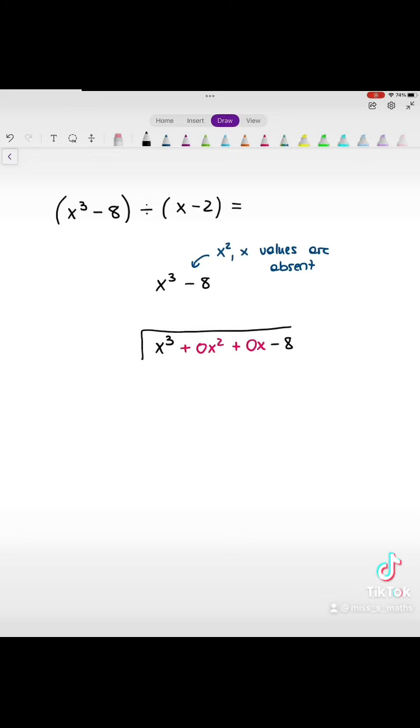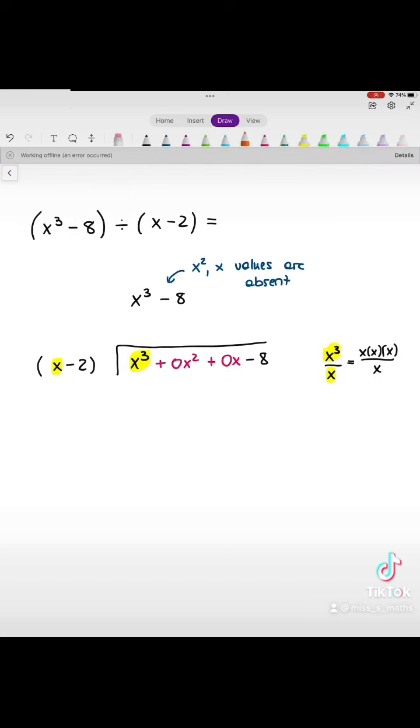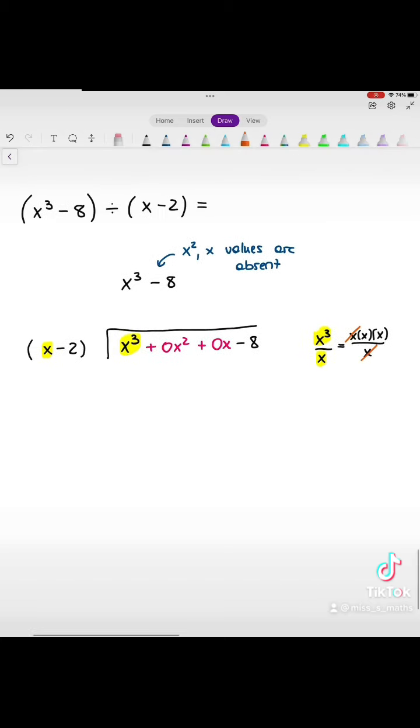So when you're writing down your algebraic long division, at least leave the space or actually fill them in as 0 times x squared and 0 times x. It's very helpful to have that in there. So x to the power of 3 divided by x would be x to the power of 2. So we're now going to write that x to the power of 2 over our newly created 0x squared position,